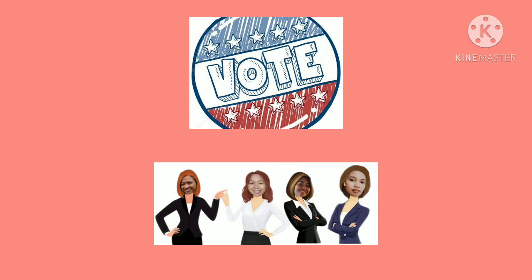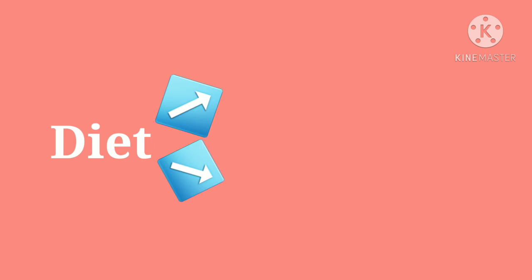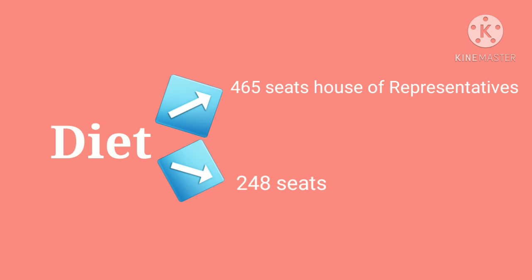Voting will take place in all representatives' constituencies of Japan, including proportional blocks, in order to appoint members of the Diet to seats in the House of Representatives. The Diet is Japan's highest organ of state power and the sole law-making organ of the state. The Diet comprises the 465-seat House of Representatives and the 248-seat House of Councilors.